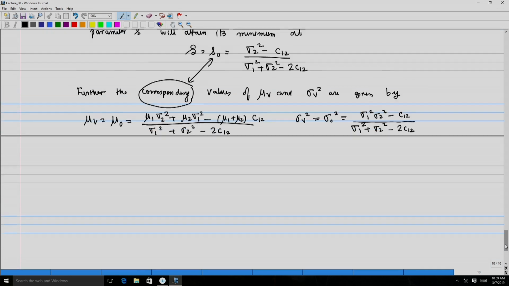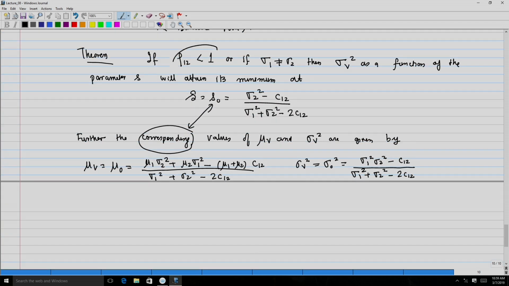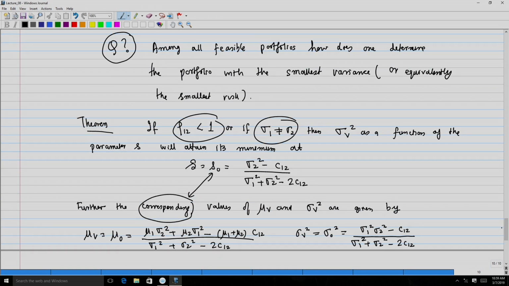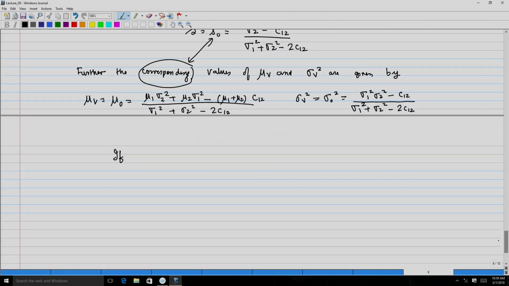Now, we started off by saying that if rho 1 2 is less than 1 and this condition holds. So, if this condition does not hold, which means either this is true or this is true. So, that means the left out condition is that when rho 1 2, or the correlation coefficient, is 1 and both the variances of the assets are identical,